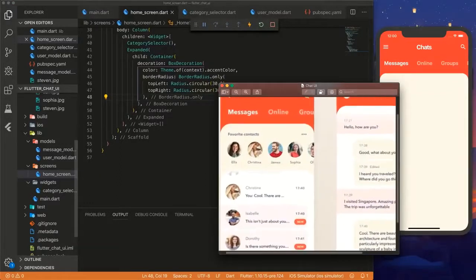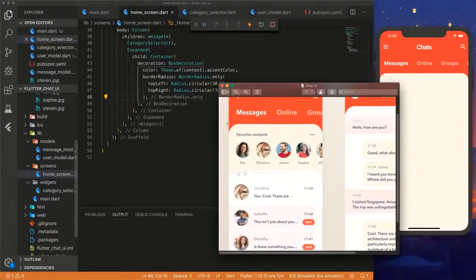Next up, let's start building our favorite contacts widget. So we don't need to make a background for this, as it's going to be sitting on top of our light yellow background here. What we need to make is a column widget, and then inside that column widget there's going to be a row for favorite contacts and this horizontal icon. And then the bottom portion of the column would be a horizontal list view containing columns of a circle avatar